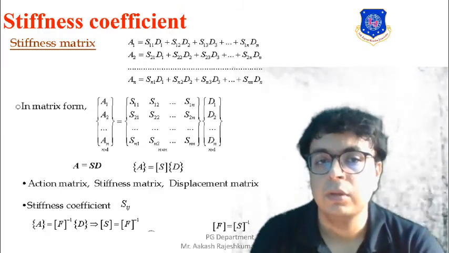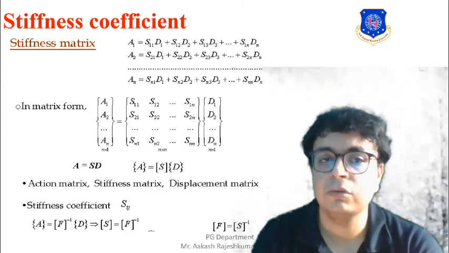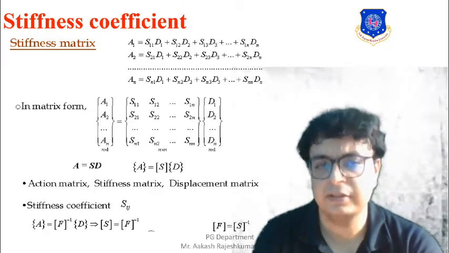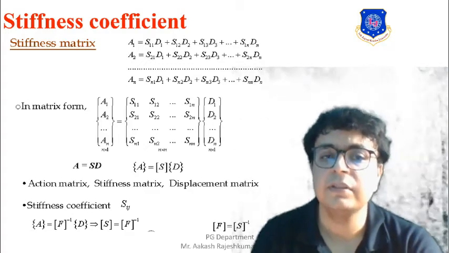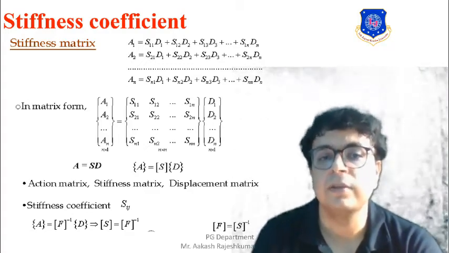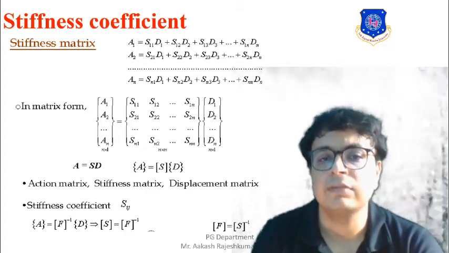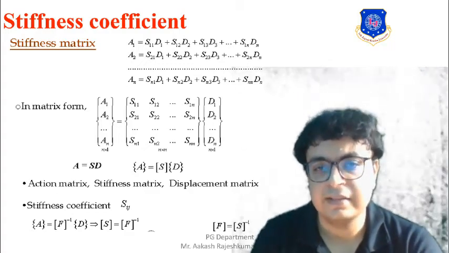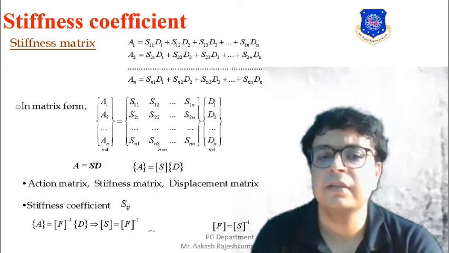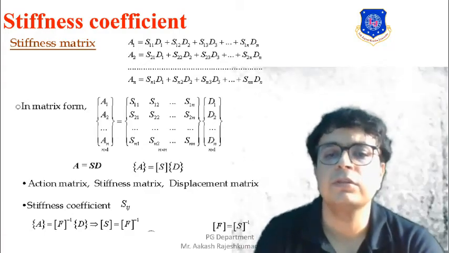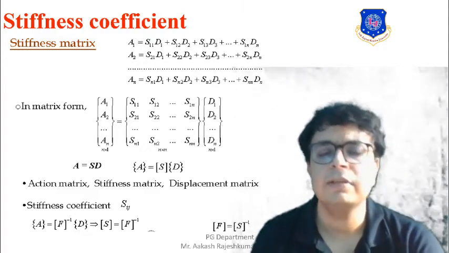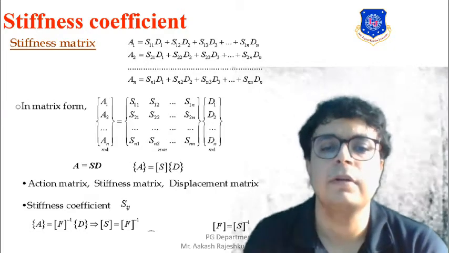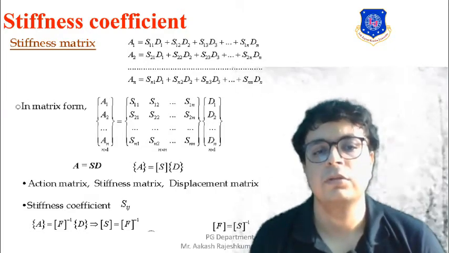So on the left hand side we will have only A1, A2, A3, up to An. We will be having an n cross 1 matrix, having only one column and n rows. At the same time, just to the right side of the equal sign we will first have the stiffness matrix, where we will be having S11, S12, S1n, and Snn and Sn1. Basically, we'll be having a stiffness matrix of n cross n, means n number of rows and n number of columns. And finally, it will be multiplied with the displacement, means whatever the unknown displacements we will be having, D1 to Dn. So A is equal to S into D.